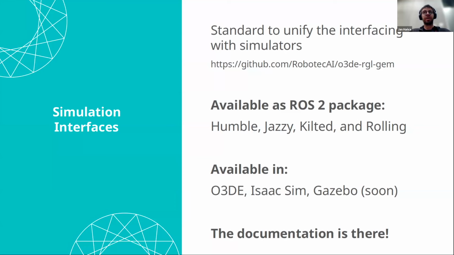So you don't have to do anything extra. You can just get it as any other ROS 2 package. As I mentioned, the goal is to unify, to have the same interface, to be able to talk with every single simulator. It's implemented in O3DE, which is the most important for us, but it's also implemented in Isaac Sim, and it will be implemented in Gazebo very soon. I will cover it with a live demo in a moment.